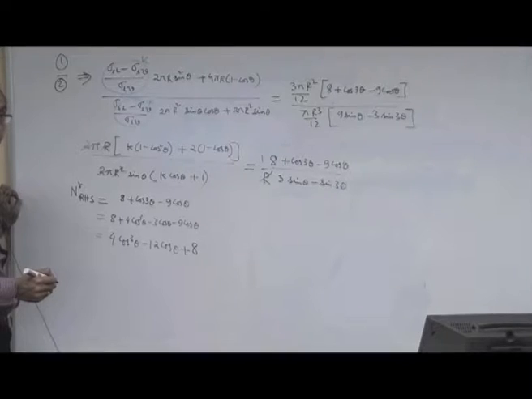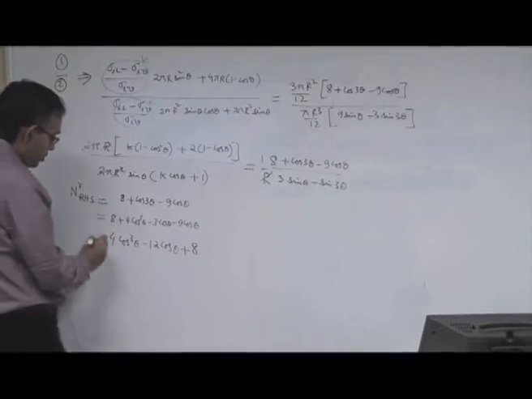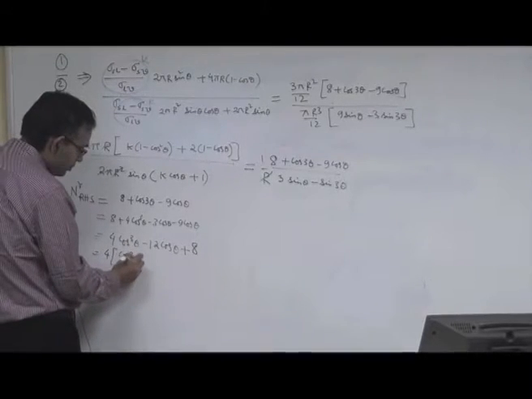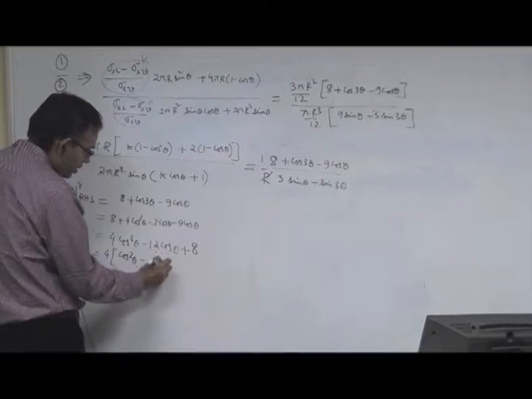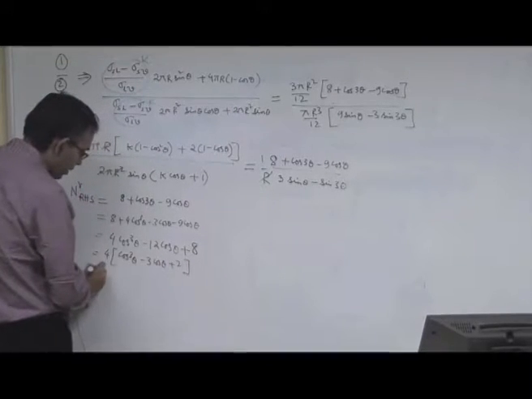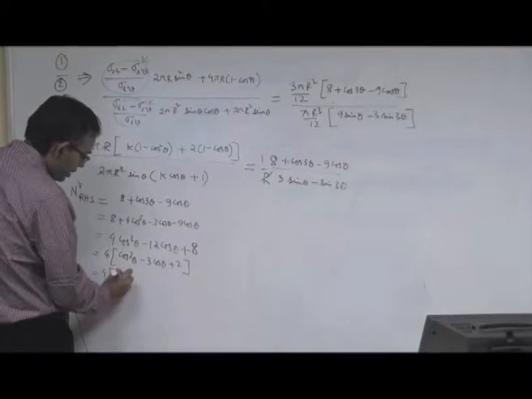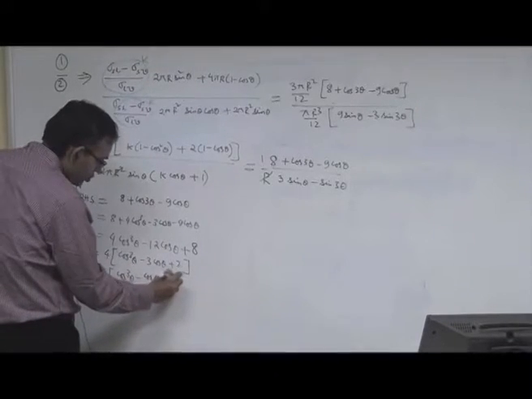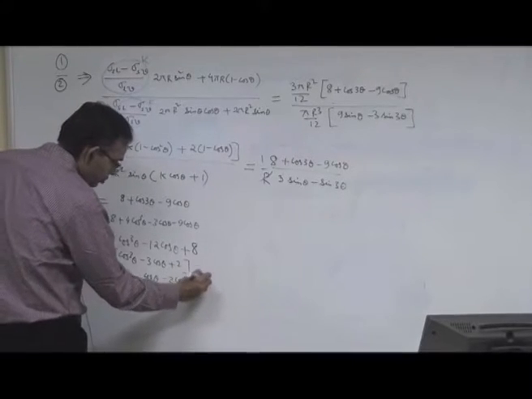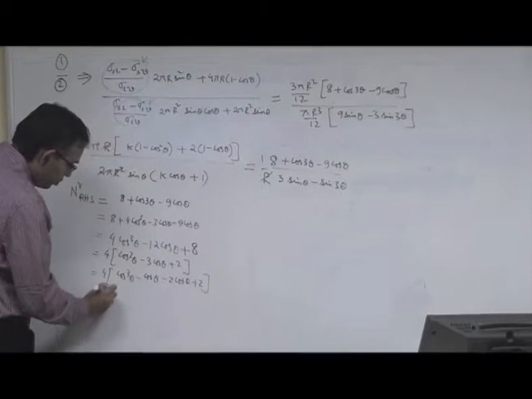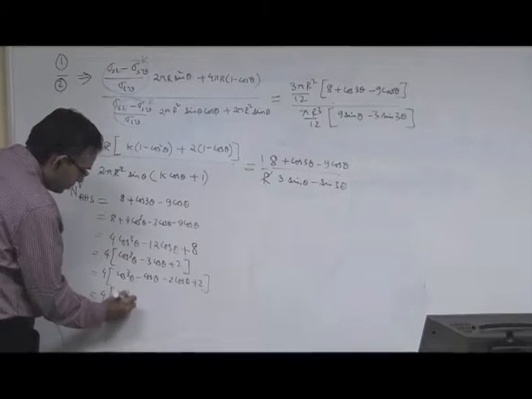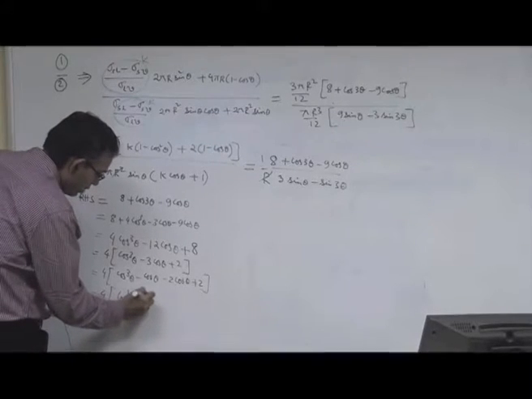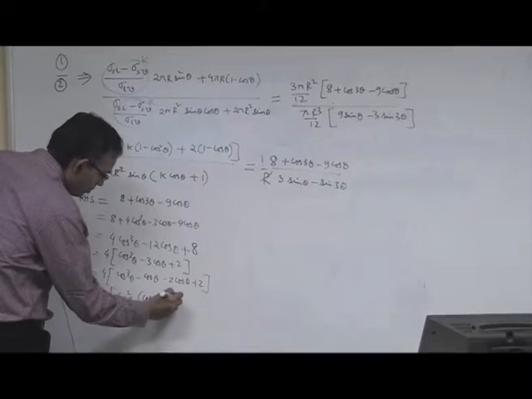Right. So, you can take 4 as common, cos cube theta minus 3 cos theta plus 2. So, 4 into cos cube theta minus cos theta minus 2 cos theta plus 2. So, 4 into cos square theta into cos theta minus 1 minus 2